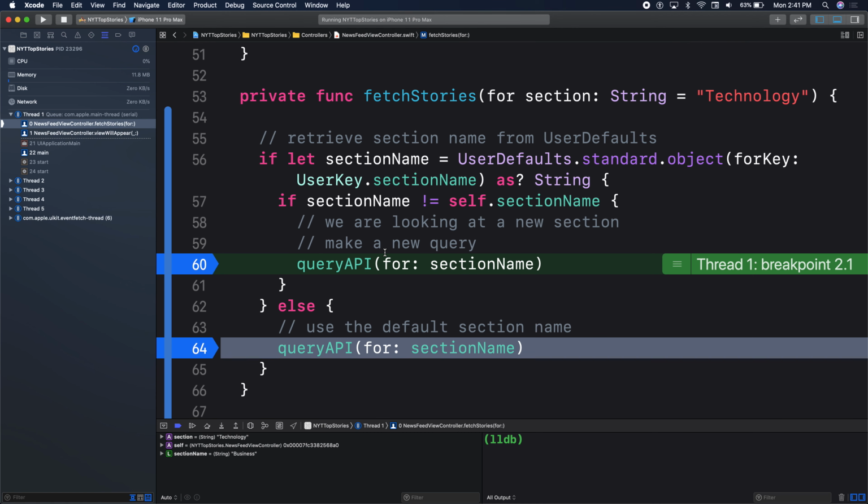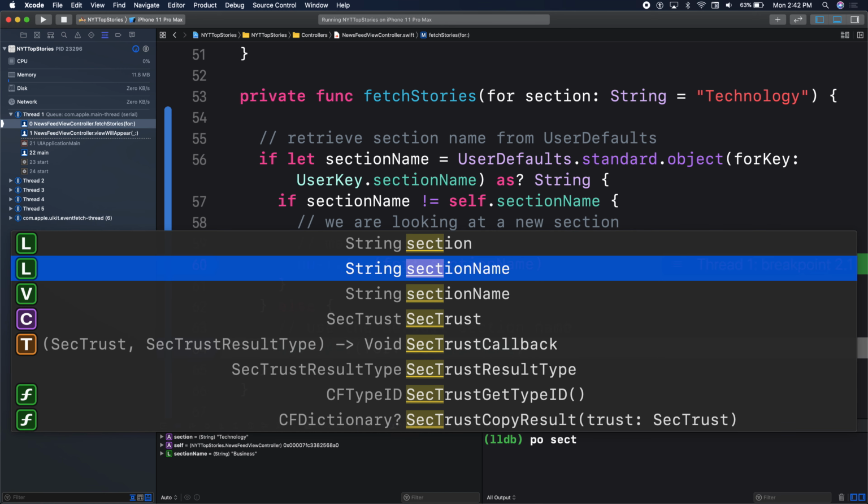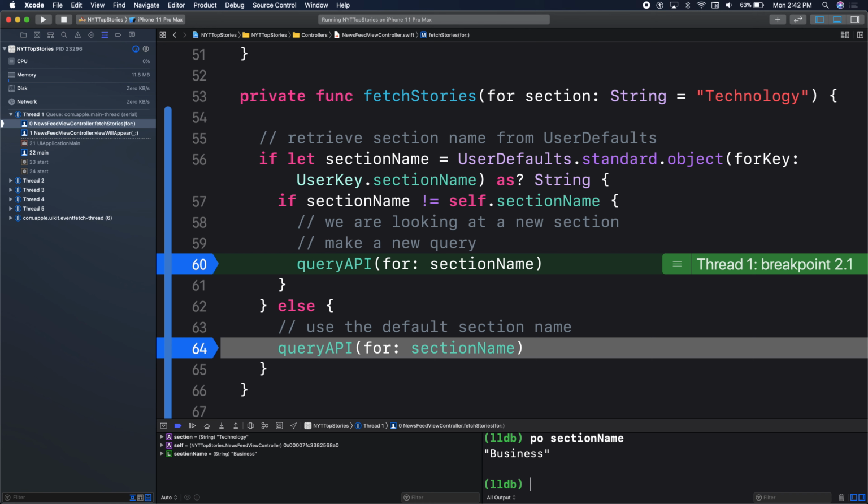Right now, I'm on line 60 because, as I said before, we should have a value in our user defaults, correct? Let's actually query that value by doing po sectionName. Mine is business. Maybe you chose something else, but mine says business. Everybody? Let's follow the paper trail here. Let us go